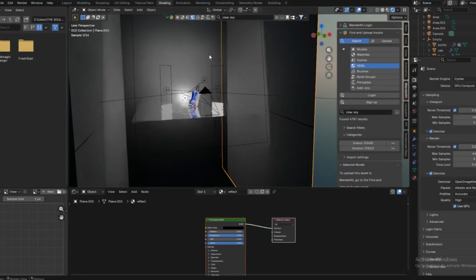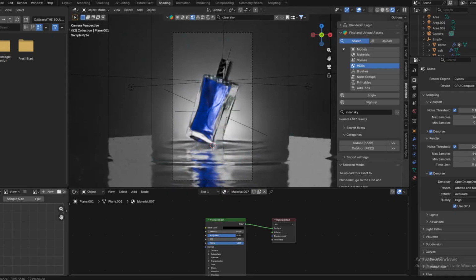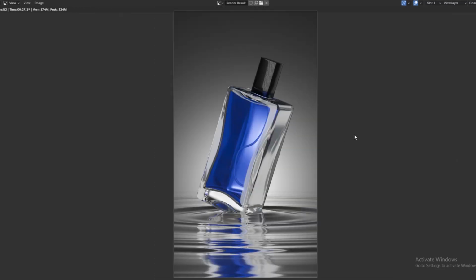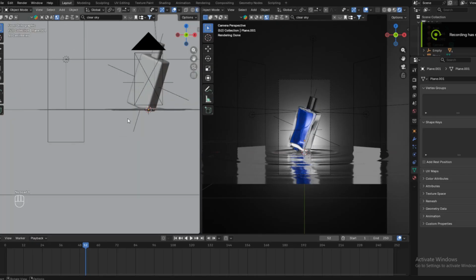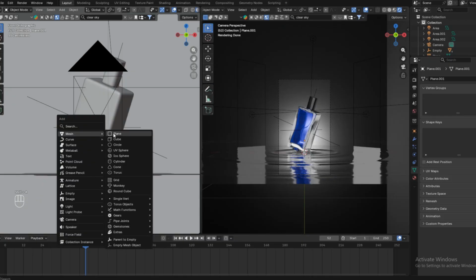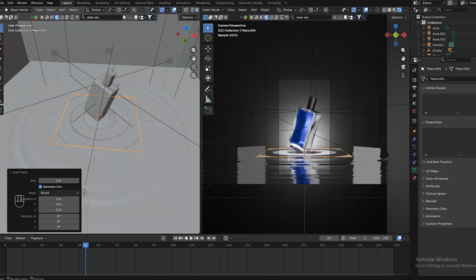Okay, so let's change something else. Maybe increase the roughness of this. Let's see what we'll get. Ooh, I think this will look very good. Well, that's actually looking insane. Okay, so I need to add a little bit more to this bottle. I need to add a logo. So I will